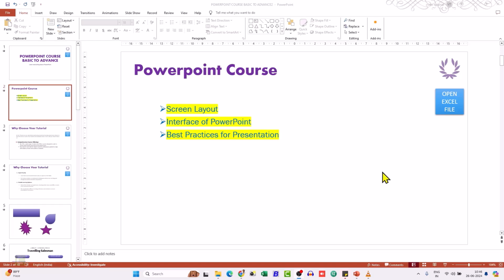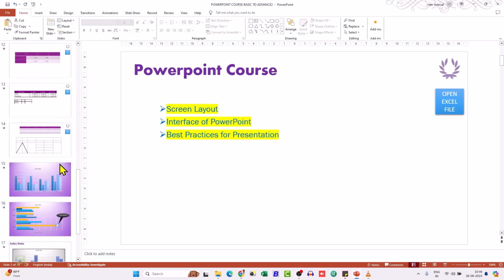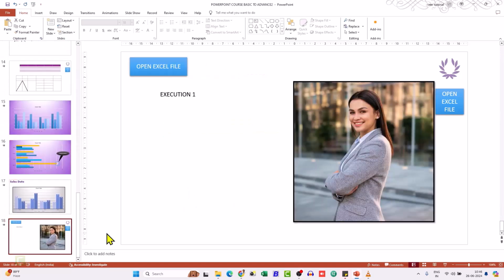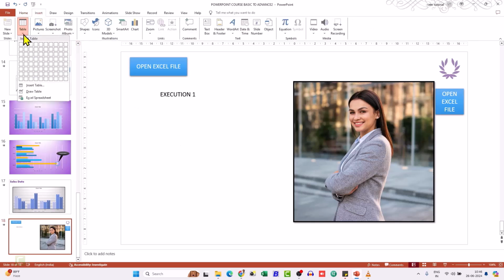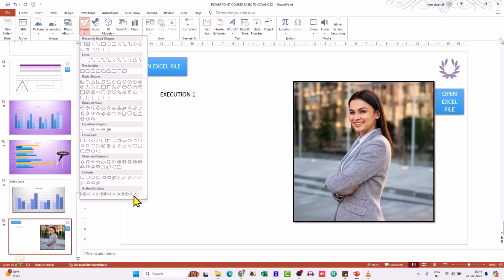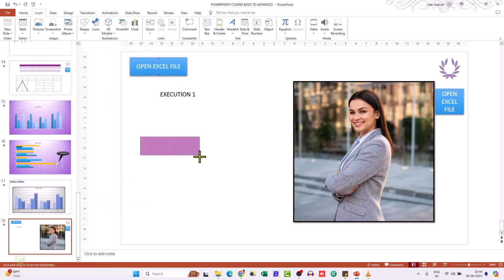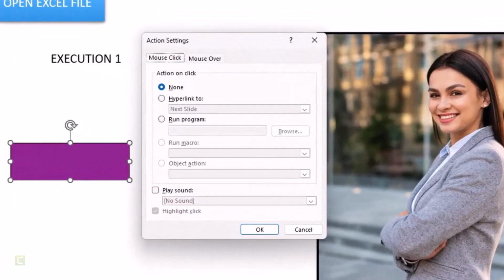So let me show you how you can use. So in the last video we discussed about the interactive buttons, so it is quite similar. So this time I'm gonna add one more interactive, going to shape interactive button, but instead of any action, this time we are gonna use hyperlink,